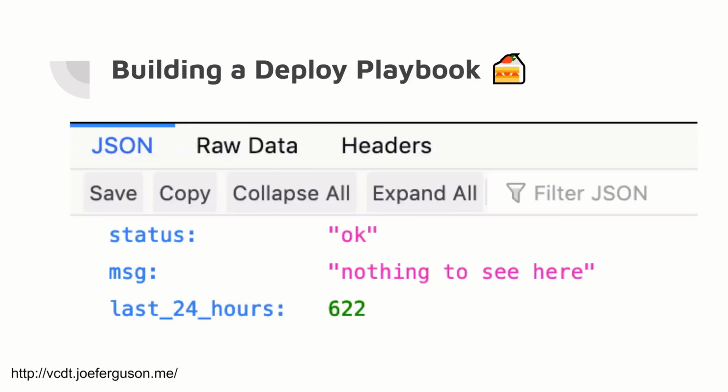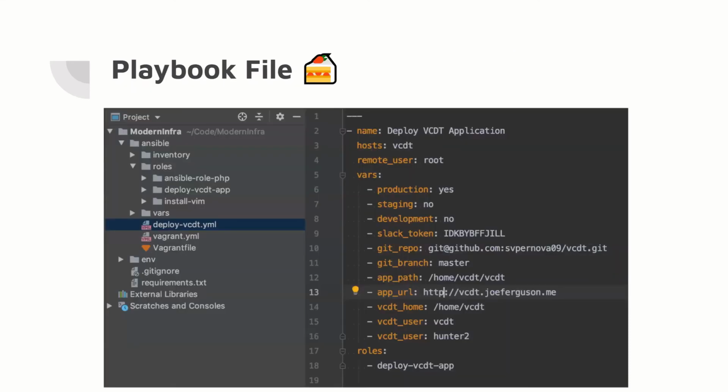Let's build a deploy playbook, and I'm going to fly through this as well. We have this application that lives at this URL. Feel free to check it out. It checks Vagrant data on box downloads. So what we do is, to deploy this application, we have Slack tokens, we have our Git